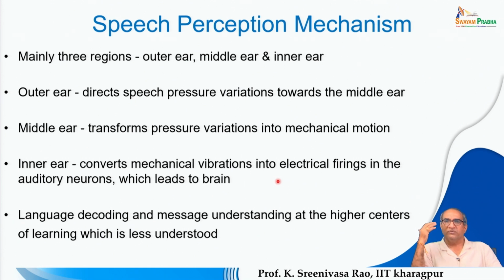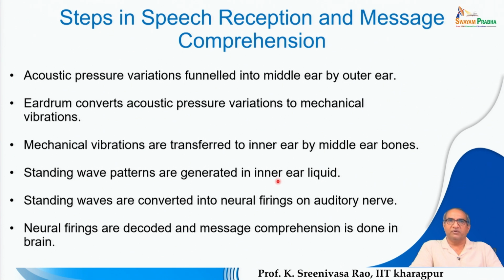It means to some extent we are able to analyze the characteristics of the outer ear or middle ear, but for the inner ear, it's very difficult to see how the mechanical vibrations are converted to the neural firings. So it's very difficult to see that. So very little is understood about the perception mechanism, whereas compared to it, we have more clarity, more detailed observations and understanding with respect to the speech